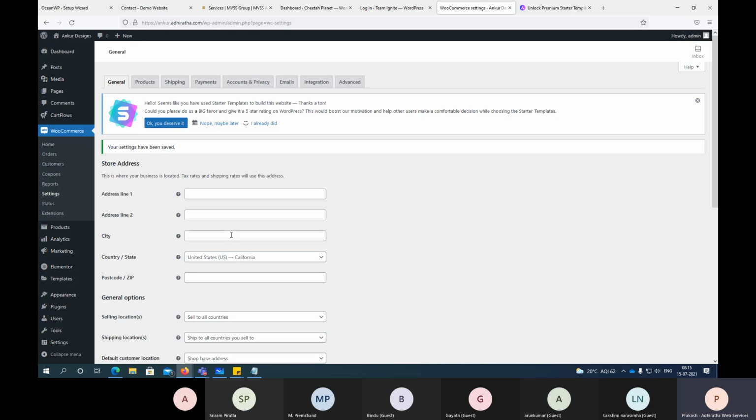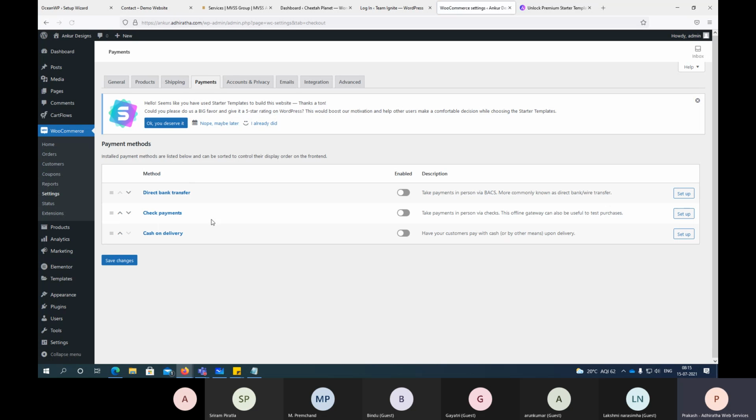99.9% it is there, unless you are expecting something new or some different process, that also can be achieved here. But yes, of course, you need to have a little development team for that. Okay, so I'll explain that in later sessions, right? So you have a lot of options here for how to accept payments. You can actually map it here.